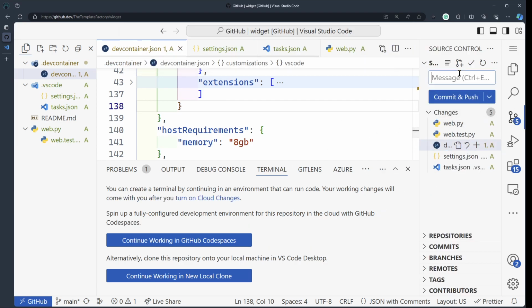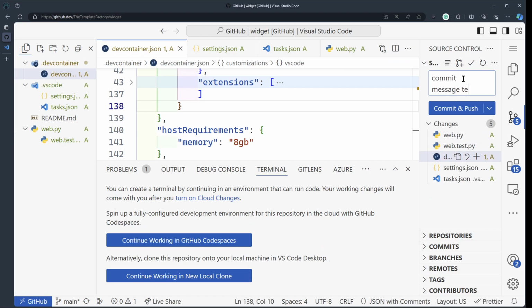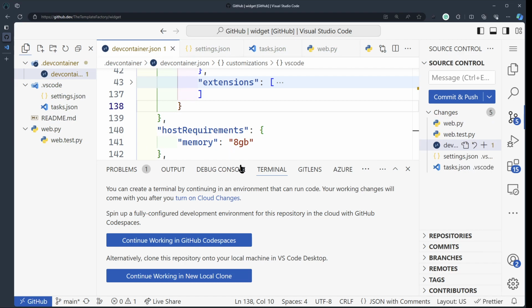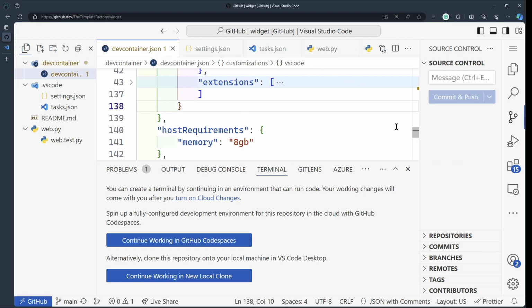So let's go over here now and let's commit this. Let's just call it commit message test, I know. Again, this is just for demonstration purposes. Okay, so that's now been